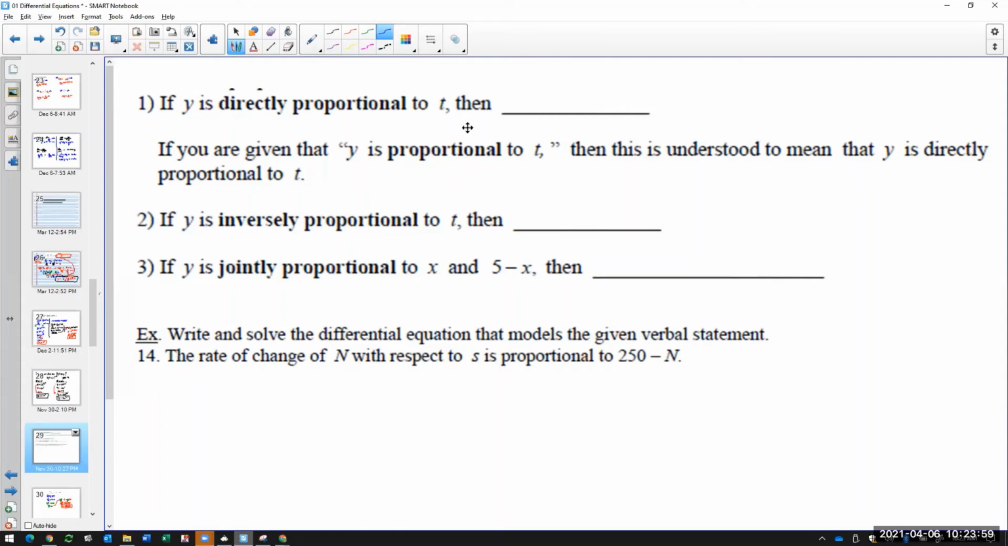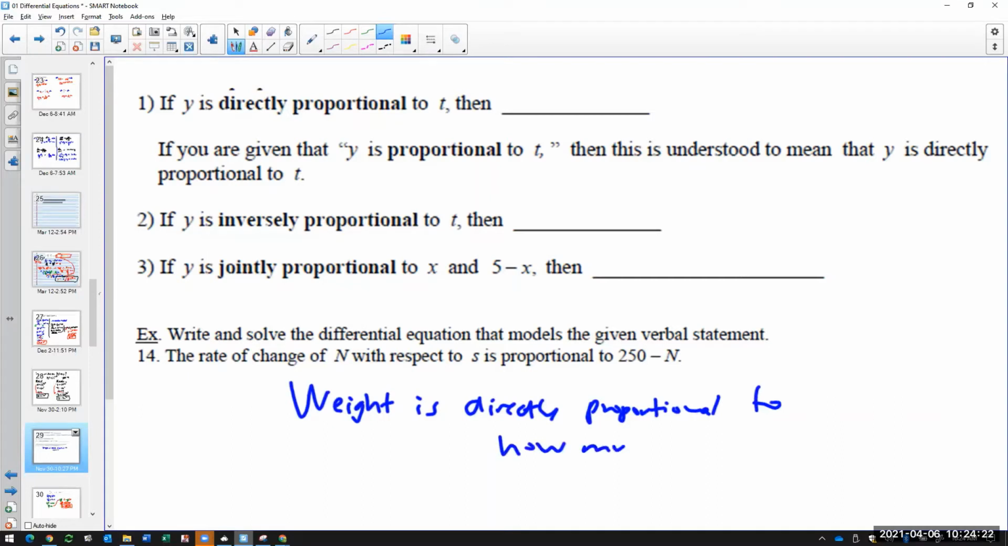Directly proportional to t, then what does that mean? And guys, you need to know what directly proportional means when you set up an equation, okay? So if I say, for example, my weight is directly proportional to how much candy I eat,